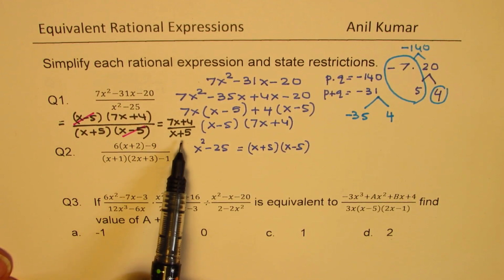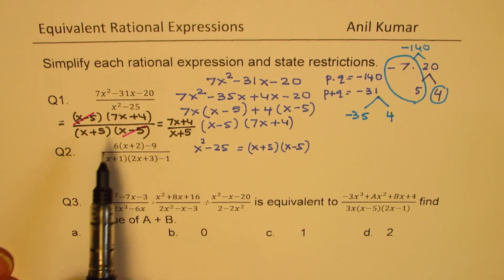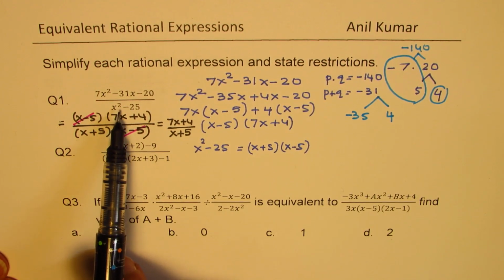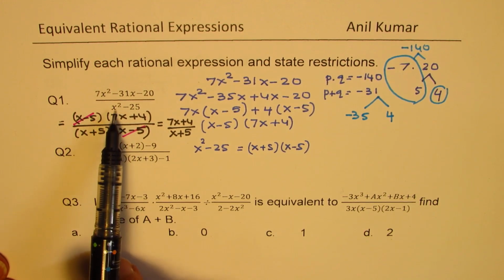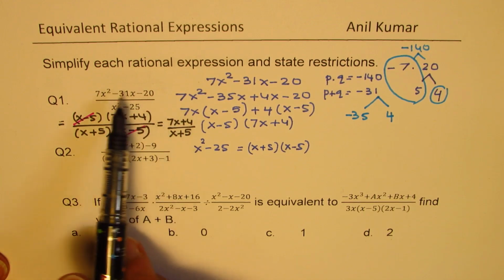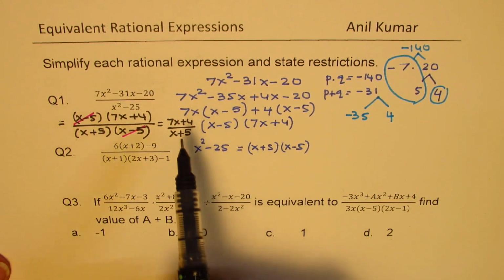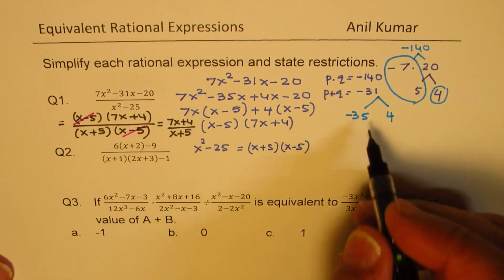Now this particular expression has only one restriction, which is x is not equal to minus 5. However, the original function has two restrictions: x is not equal to plus and minus 5. Therefore, in this particular case, it is important to state restrictions, and so we are going to write this here